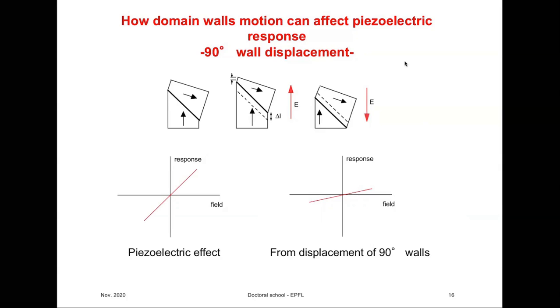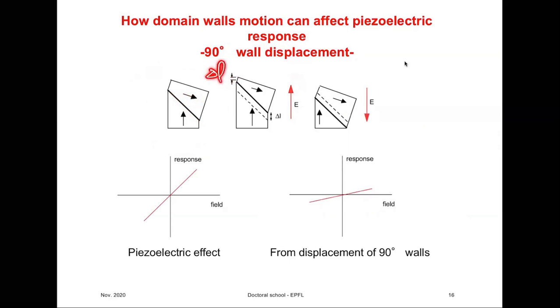That's just to make possible continuity of the lattice. Now, I'm exaggerating here, but imagine that we have a crystal in which there is one domain wall. When we apply an electric field in this direction, this domain wall will move at the expense of this one,